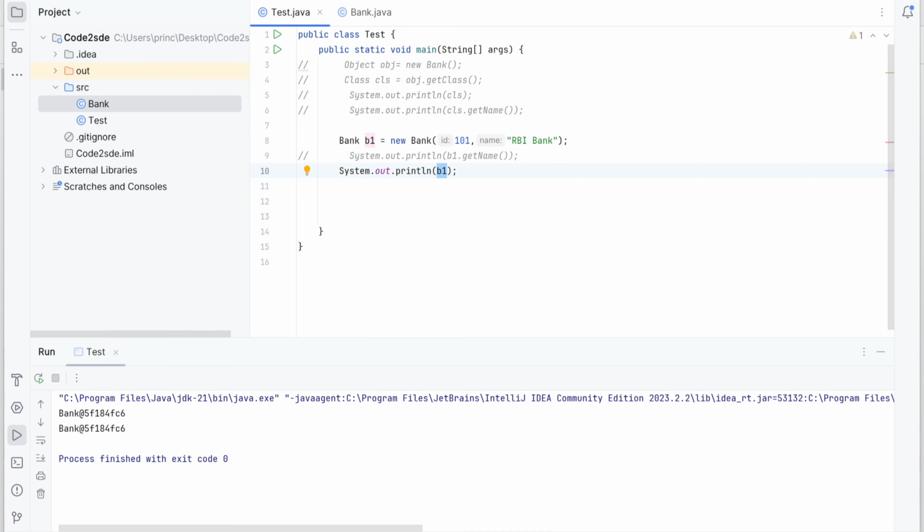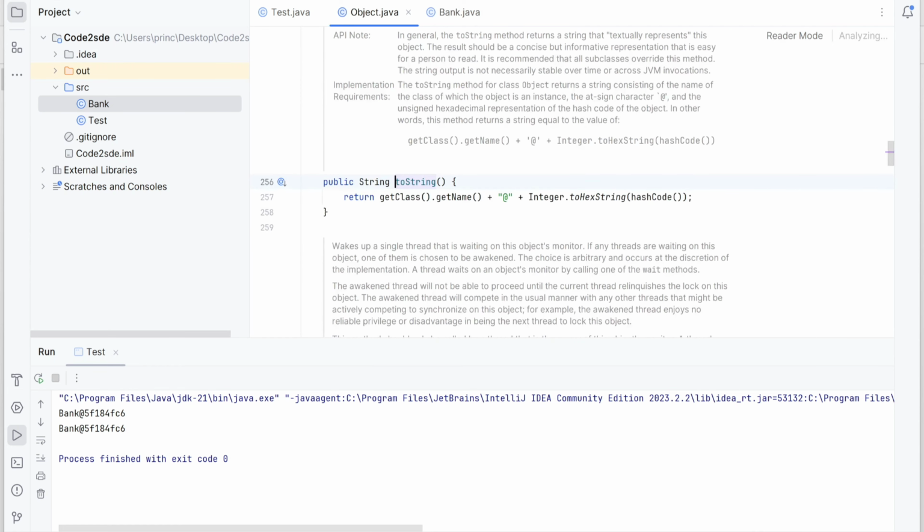It will internally call the toString method of Object class, which returns the class name, that is Bank, then at the rate, and then the hexadecimal value of the hash code.